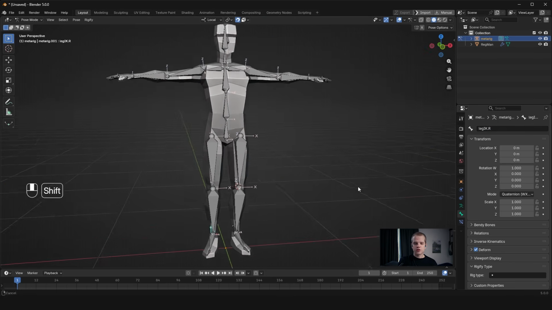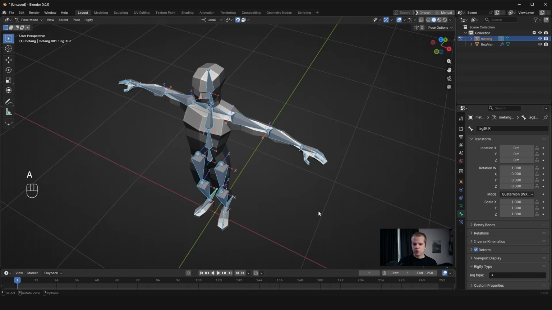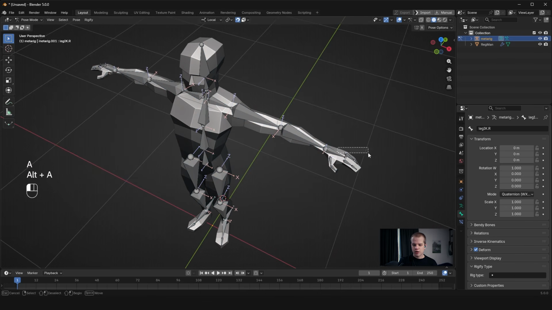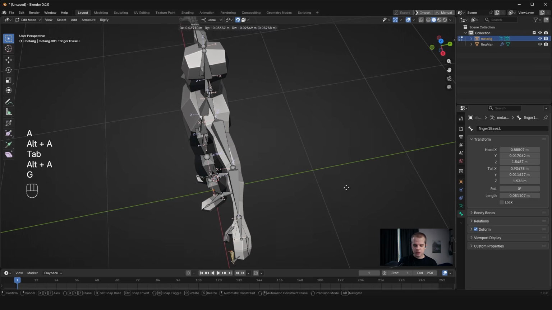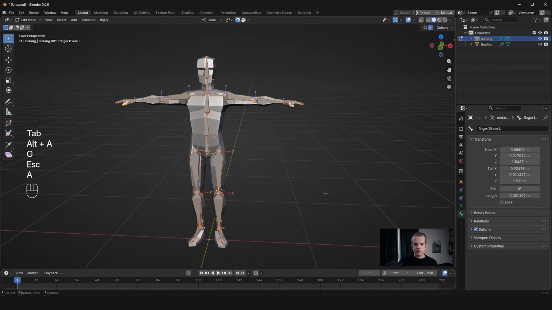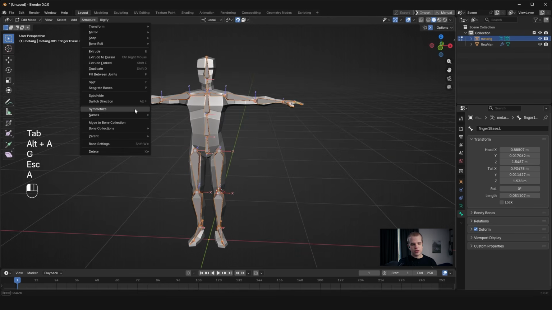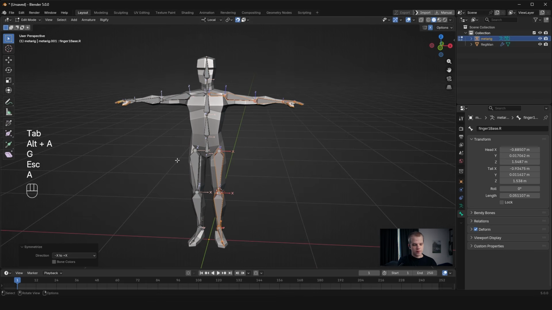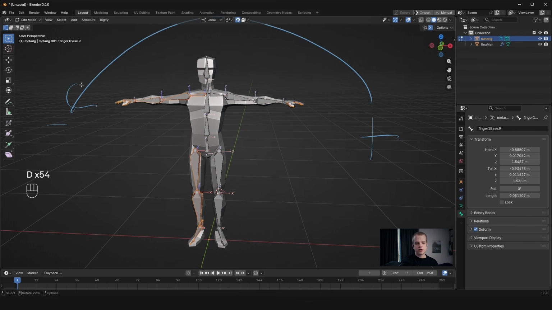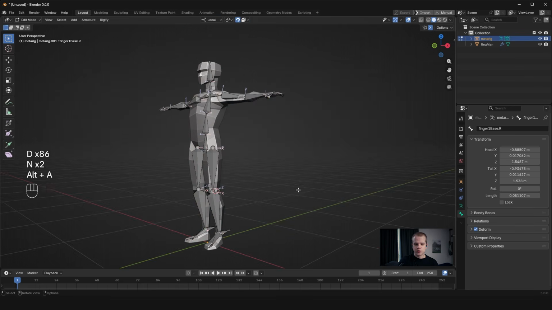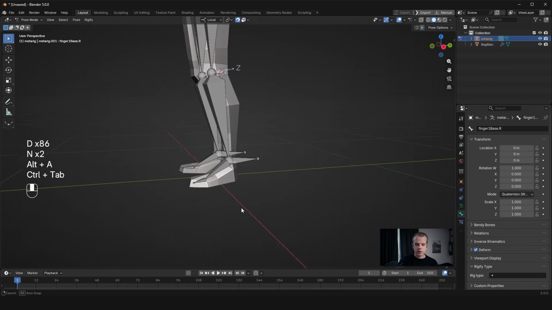Now I'll show you how to symmetrize this once we have set up stuff. If you didn't have the X mirror on and you've made any changes to this, you can select everything and go to Armature, Symmetrize, and choose whether it's going from the negative to the positive, which is the left side to the right side, or usually I'll do positive, which is this side. So this is positive, this is the negative. It's either if you're going this direction or that direction. You see? Cool. We will use this later once we've set up the IK,